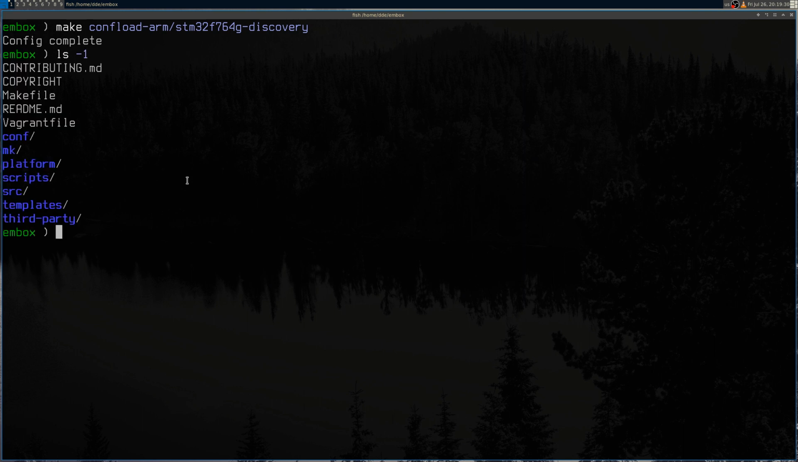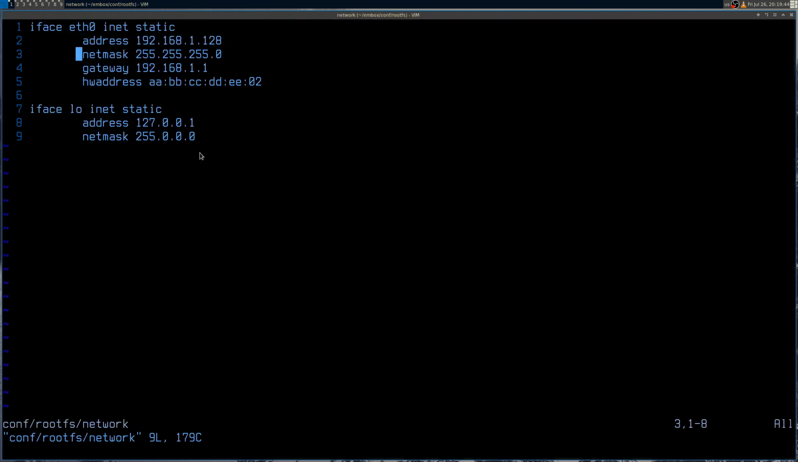Now you can see the conf directory, which contains board specific data about the build. If you want to use network, you should configure it in the following file: conf/rootfs/network, and set up the correct IP address. For me it will be these values. Okay, now you save it,